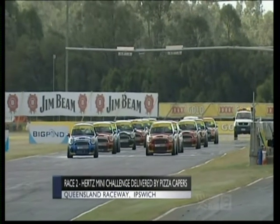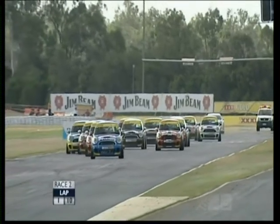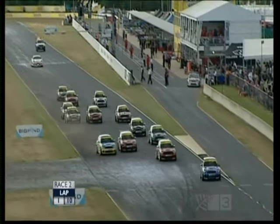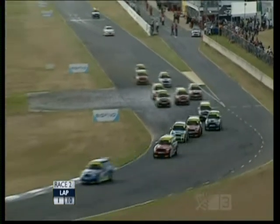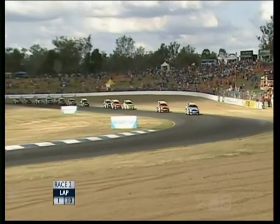In race 2, the drivers lined up in the order they finished the shortened race 1. So we've switched sides for the start of this race. Stokel from the opposite side takes the lead. Chris Alajarjan using dirt, racetrack, grass, anything he could to get to the front, and obviously got a very good launch from a few rows back